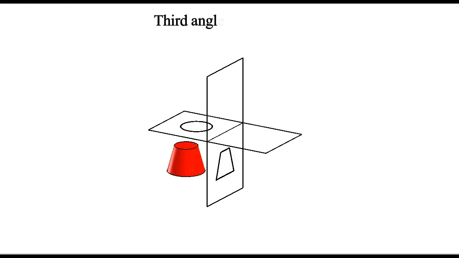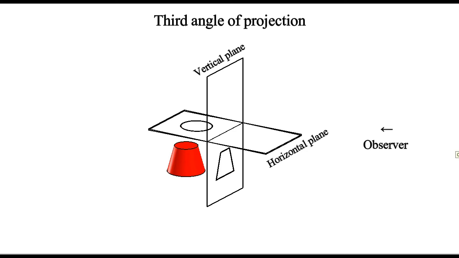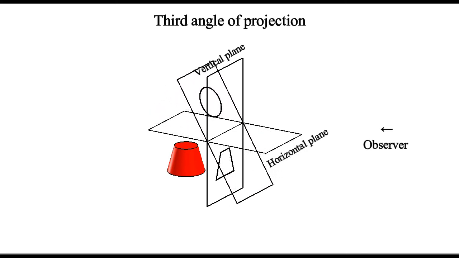Third angle of projection. Object is placed in third quadrant. The front view is projected on vertical plane and top on horizontal plane. As per the rule of projection, horizontal plane is rotated 90 degrees in clockwise direction. After the rotation, both top view and front view are projected on vertical plane, one above other. They don't overlap. Similarly, let's apply rule of projection and see what happens in fourth angle of projection.